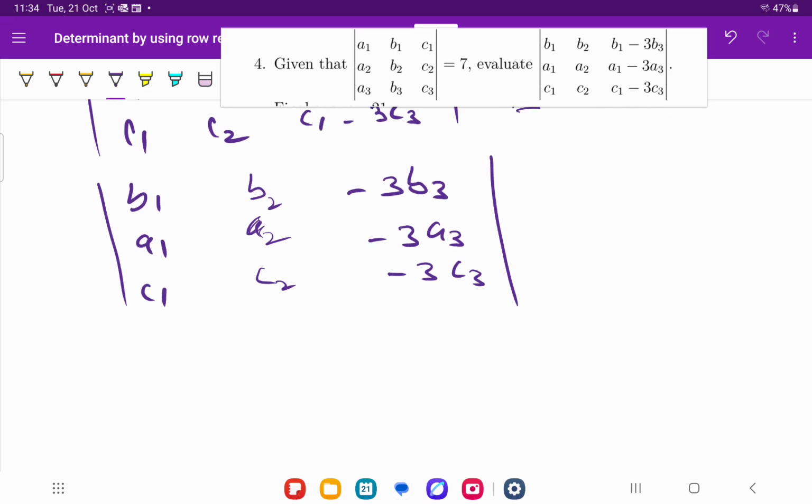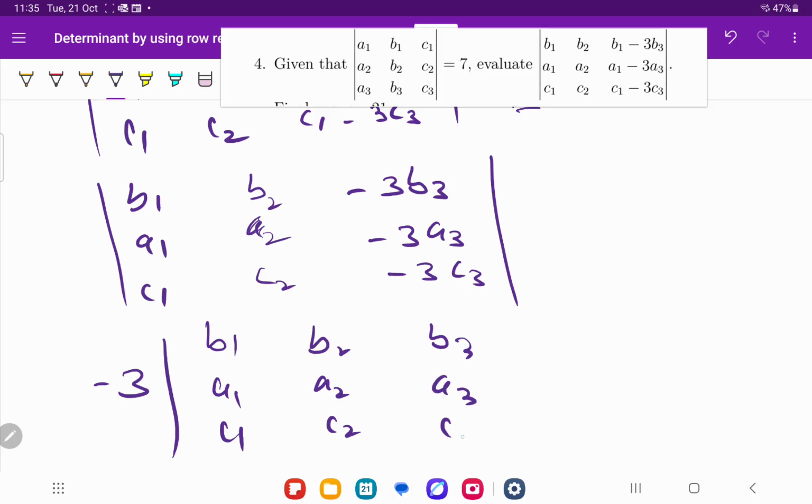Now we could take minus 3 out from column 3. As I told you, in a determinant we could take a number common from any row or any column. So in column 3, minus 3 existed in every entry, so it could be taken out. We take out minus 3 and are left with B1, A1, C1, B2, A2, C2, B3, A3, C3. Okay,